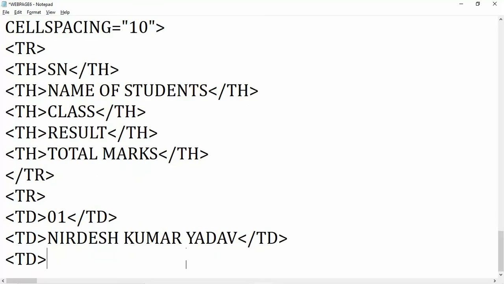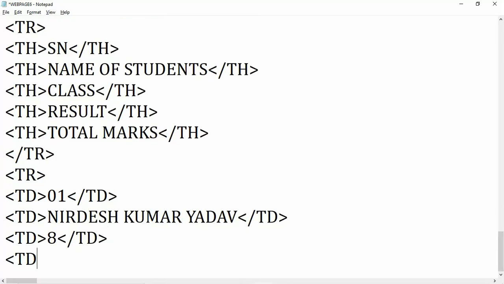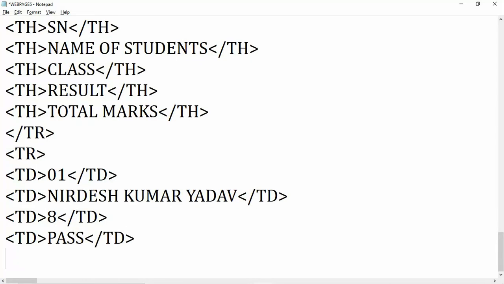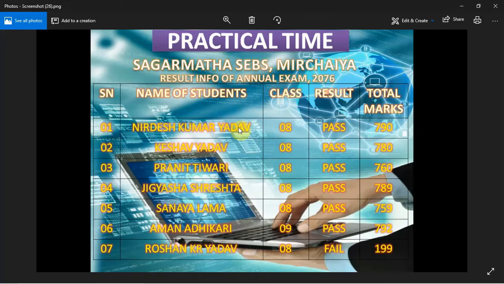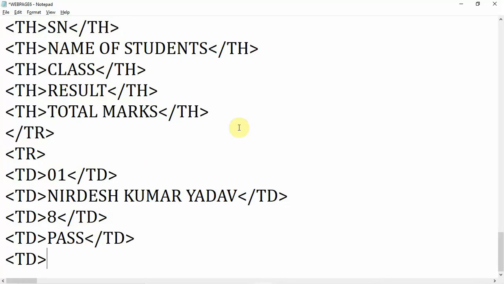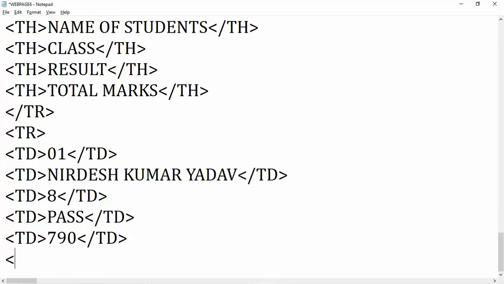Now again you have to use TD, and next you can see class 8 here, so close TD. Now again you have to give TD, and for result, here given pass. Now write TD tag, and last is again TD, and you have to write the marks like 790, and close the TD tag.